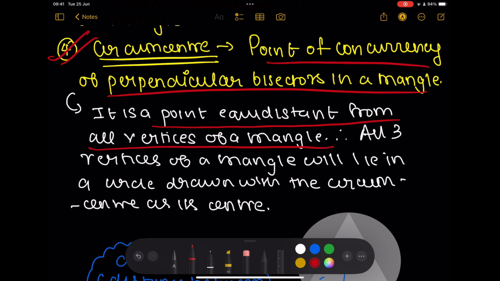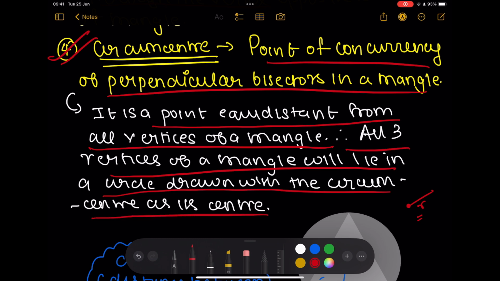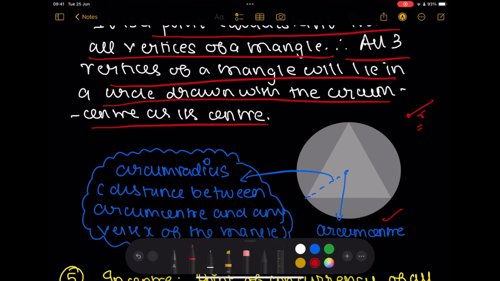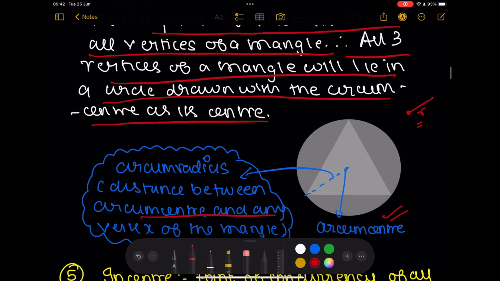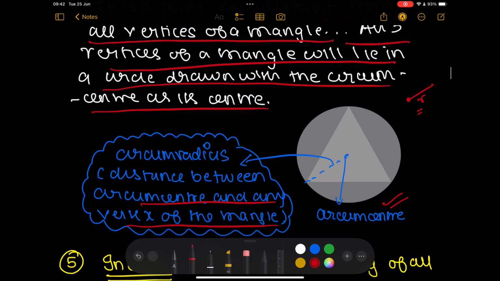That is the reason why if you keep the circumcenter as a center of a circle, and if you keep the radius of the circle equal to the distance between circumcenter and any vertex of the triangle, you will form the circumcircle, right? All three vertices of the triangle will lie on a circle drawn with the circumcenter as its center, right? So if this is a circumcenter, which is basically the point of intersection of perpendicular bisectors in a triangle, and if you keep the radius, that is the distance between the circumcenter and any vertex of the triangle,